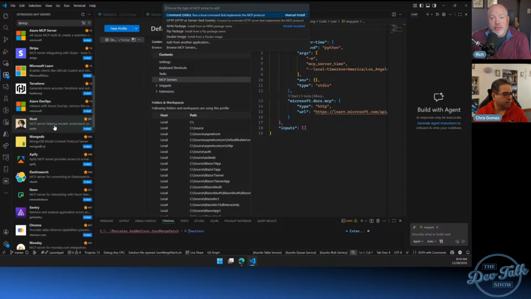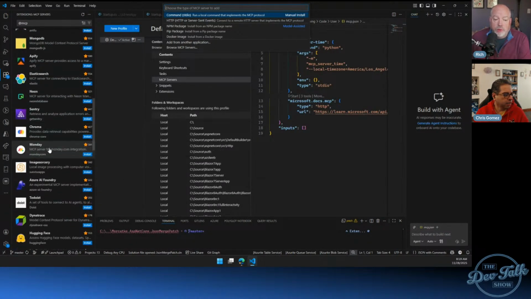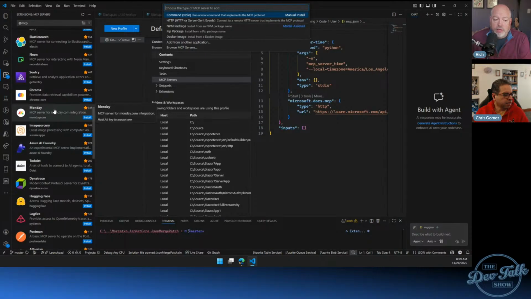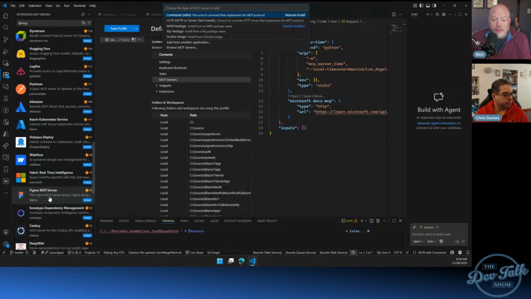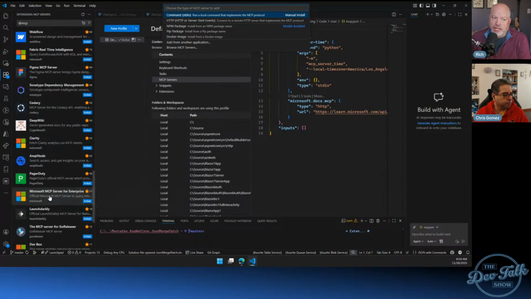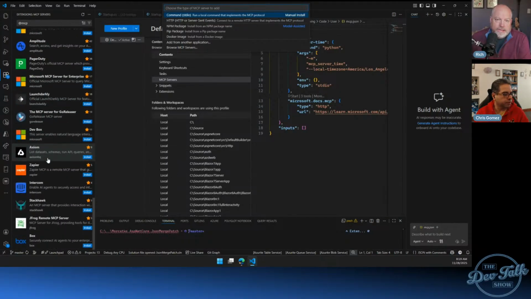Yeah, and that's the thing with the extensions and MCP servers that are out there. If you're going to do something that goes against a repository or some important data, you want to make sure it's the one that comes from the organization that owns that. Interesting. Look at this. Okay, yeah, I had no idea.